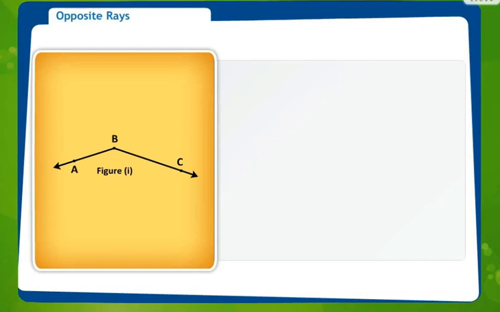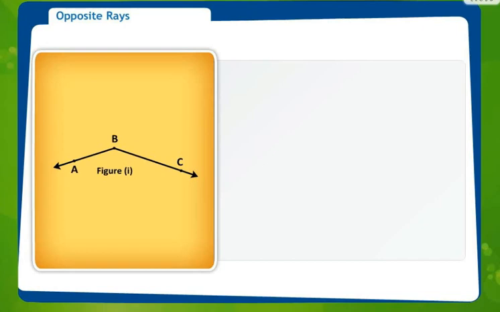Welcome to maths class. Now in the previous class we had studied about supplementary angles and we had seen that these angles are formed because of adjacent angles. If it's a supplementary angle, the sum of the measures of the angles is 180, and if it is complementary it is 90 degrees.